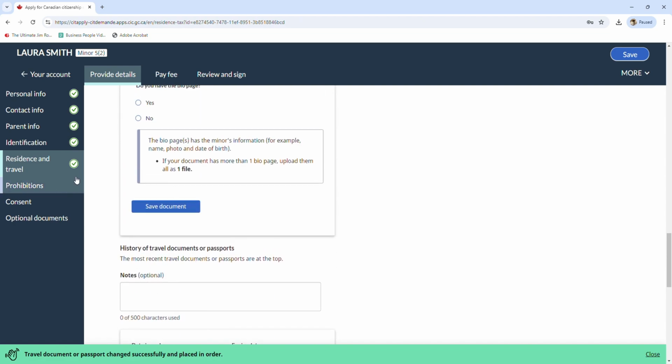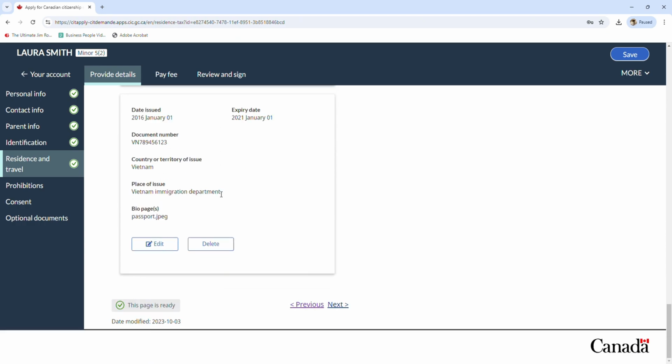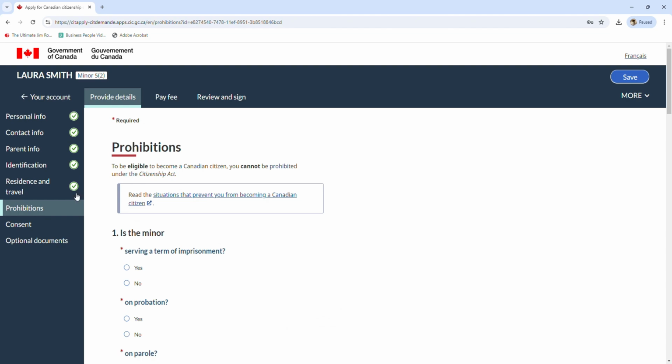Okay, so the check mark shows up in here already, and then I can click on the next. Okay, so in this part, prohibitions, it has 9 questions that you need to answer. And in here you can see, to be eligible to become a Canadian citizen, you cannot be prohibited under the Citizenship